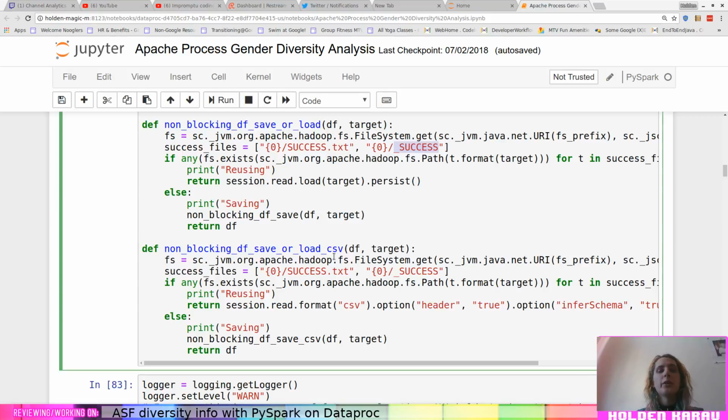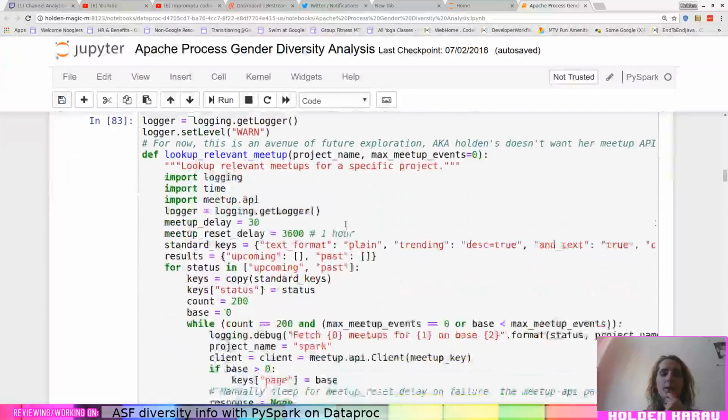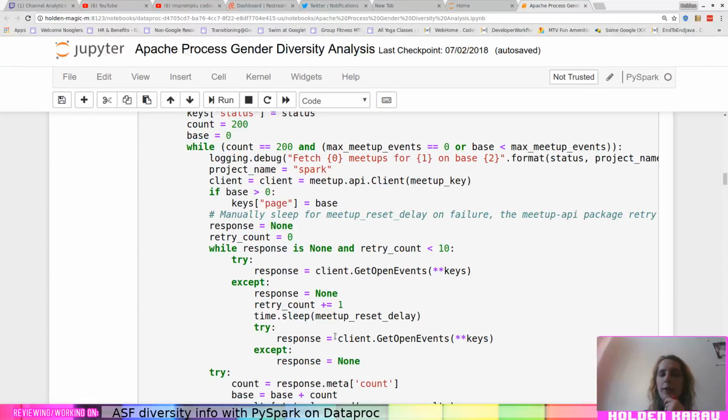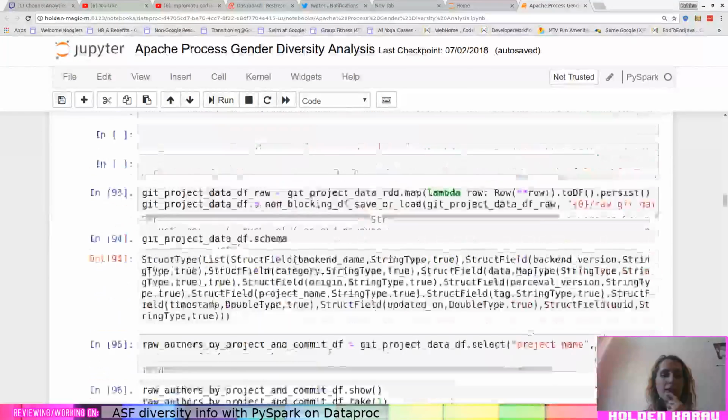This is because if the kernel stops, it might have created the directory, but the output wouldn't be valid, and so we wouldn't want to load it back in, which is what we do if we find the success file. If the success files aren't found, we just save back over them, and we do this in overwrite mode. So if there is something in that directory, we'll overwrite it. Could be bad if you give it the wrong path, but don't do that, I guess, is the short version.